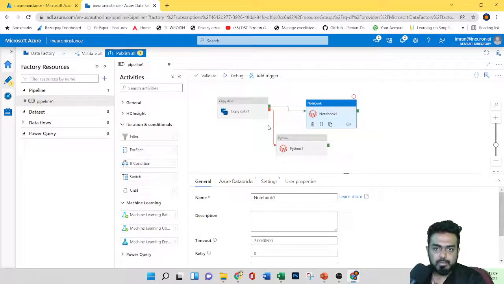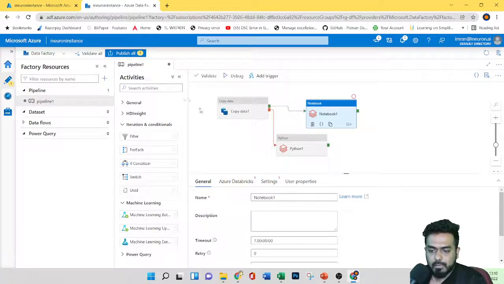Just remember, a pipeline is defined as a logical group of activities to perform a certain piece of work. And the data factory, as I told you, comprises multiple data pipelines, where each pipeline has multiple activities, right? These activities inside the pipeline can be structured to run sequentially or in parallel, based on our requirements. The pipeline allows users to easily manage and schedule the activities based on triggers, which you'll understand in upcoming videos.